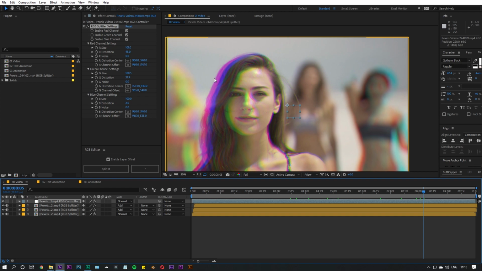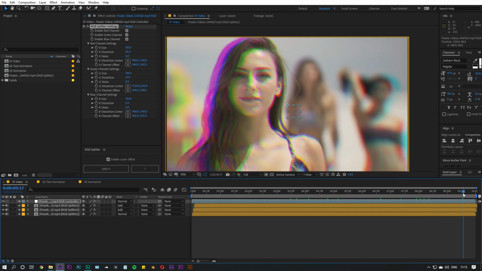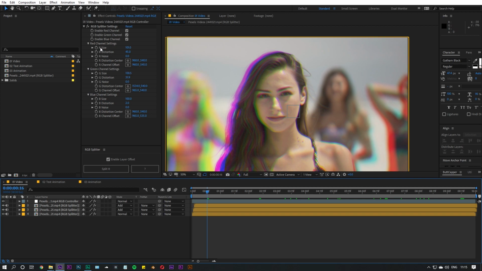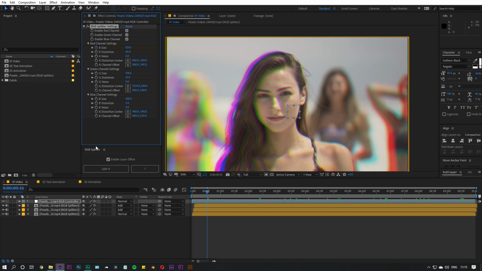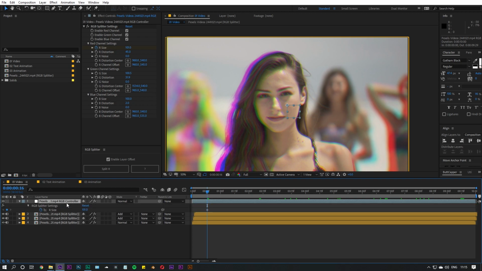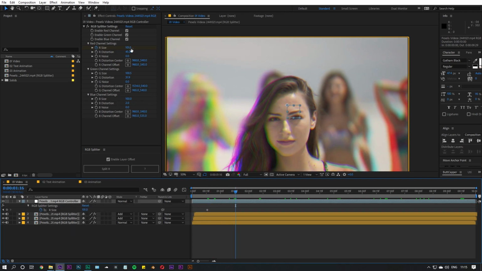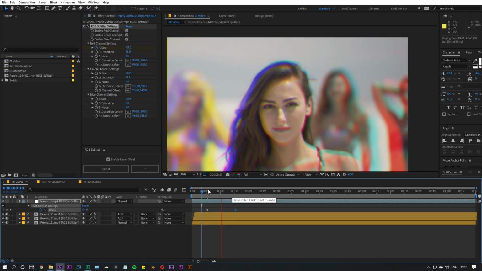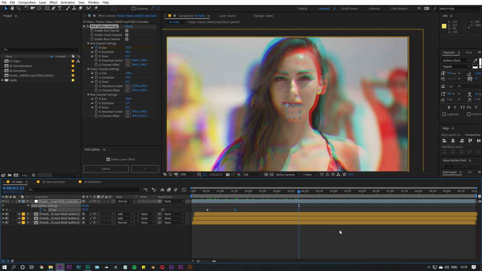And here you can see we have this unique kind of look which is very nice. Now if you want to add keyframes and animate this property, you can simply select whatever property you want, click on the stopwatch, select the layer, press U to reveal the keyframes, and now you can move to the time and simply increase or decrease its value and it will start animating throughout the timeline.